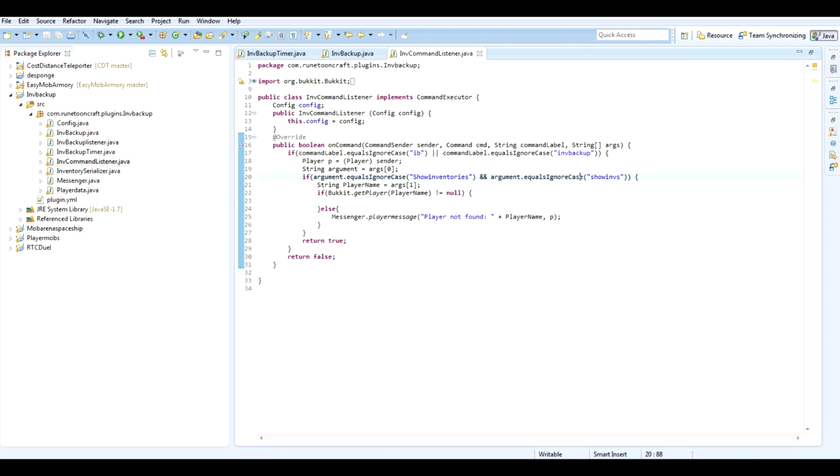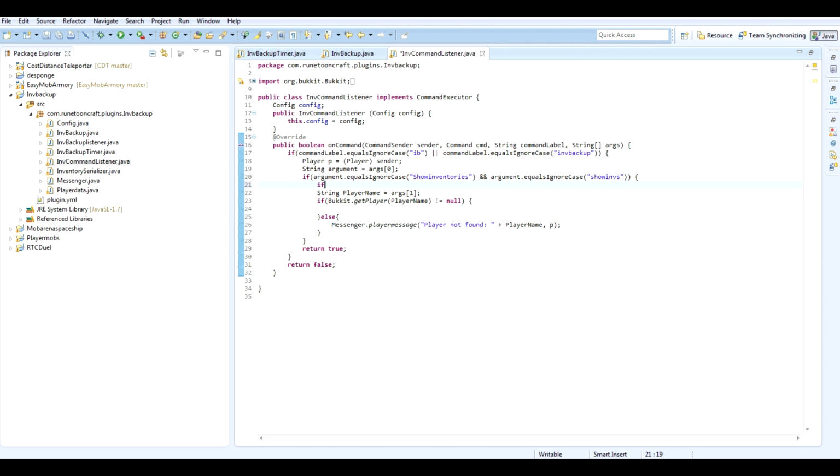Alright, so actually one thing we want to do is check if there's a second argument after this command. So if args.length is equal to 2, it will continue. I'm just going to tab all this in. Alright, so if the argument length is equal to 2, it will continue, else Messenger.playerMessage,